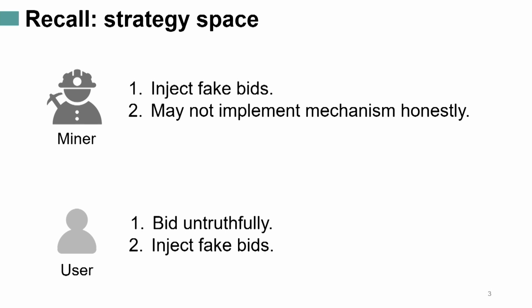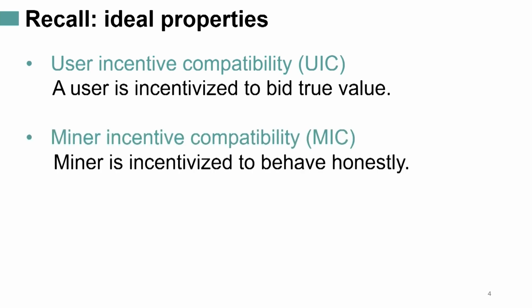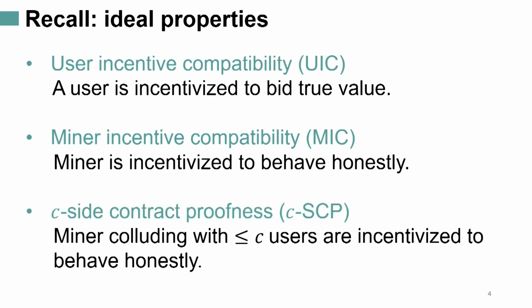Due to all these challenges emerging in decentralized applications, we hope that an ideal transaction fee mechanism should satisfy the following three properties. User incentive compatibility, UIC: a user is incentivized to bid its true value. Miner incentive compatibility, MIC: a miner is incentivized to behave honestly, to implement the mechanism honestly and not to inject fake bids. And c-side-contract-proofness: if the miner colludes with at least one and up to c users, then this miner-user coalition